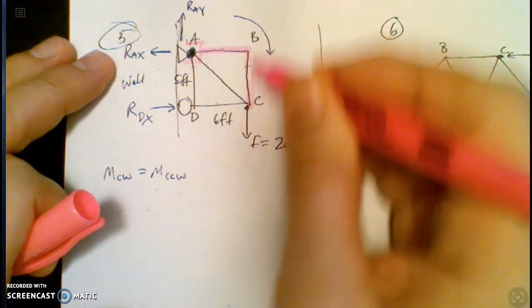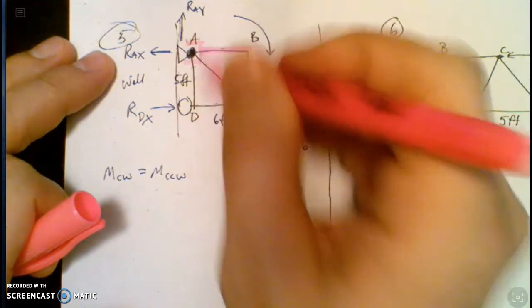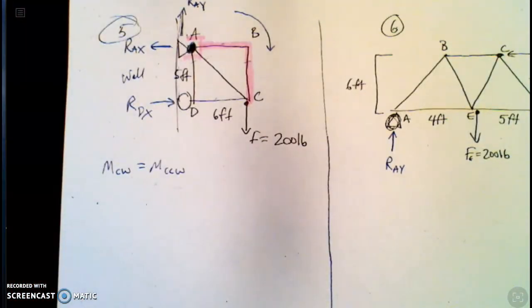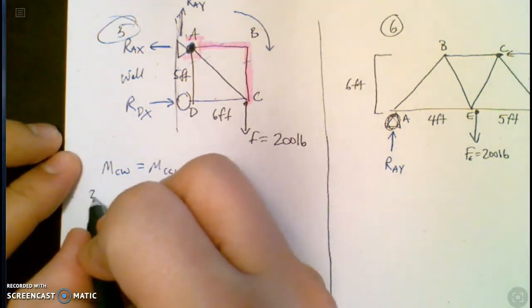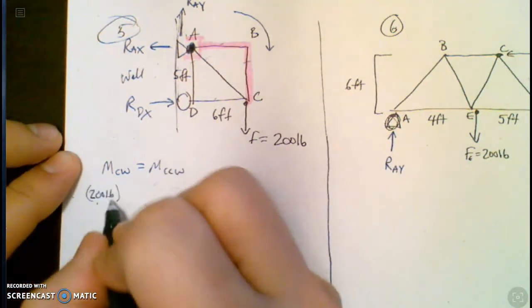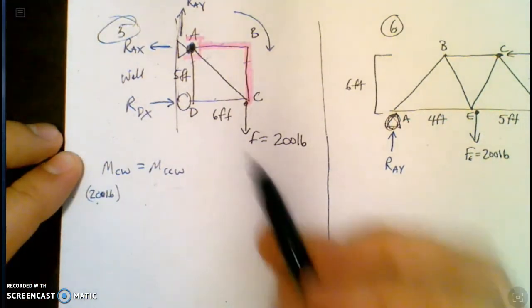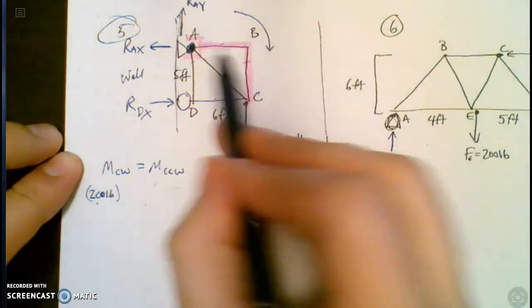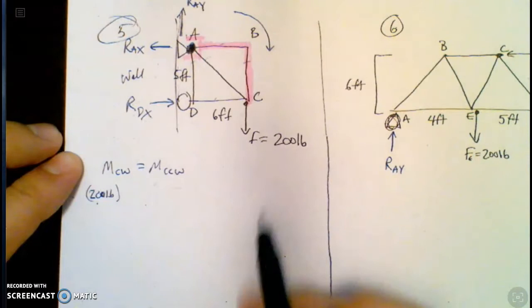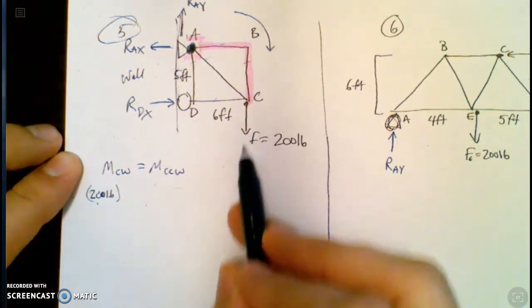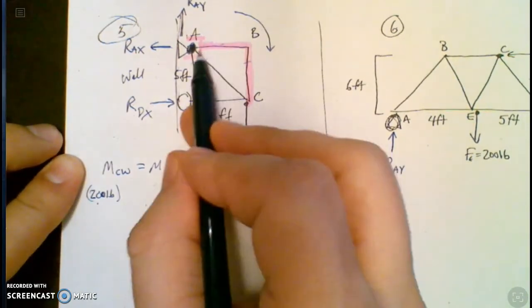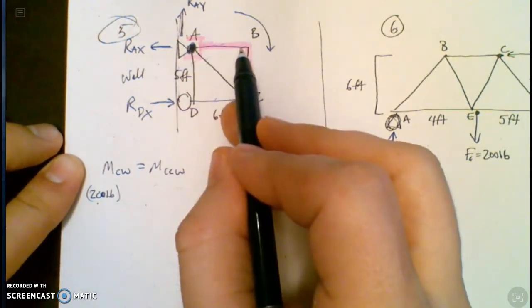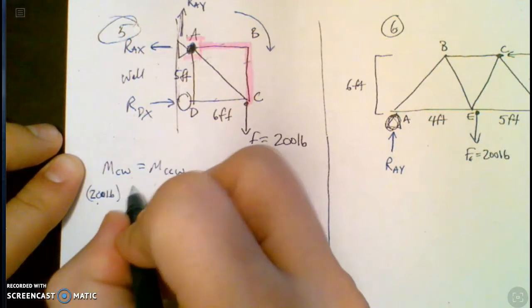Now here's the key, and I made these two distances different on purpose because I want to make sure you're getting good at this. It's always force times distance, but it has to be the perpendicular distance. So this is 5 and this is 6 feet. Which one of them is perpendicular to the direction your force is pulling? Well, if my force is pulling vertically, then my horizontal distance is my perpendicular one, so a 6-foot wrench,